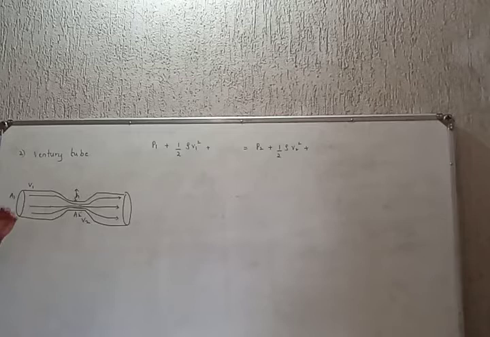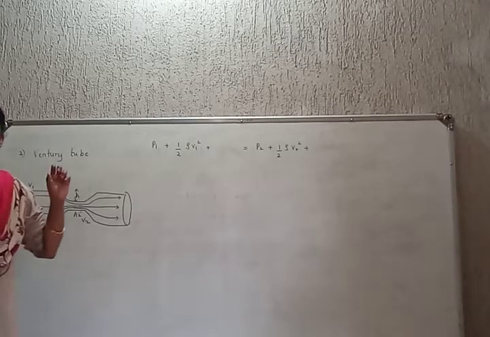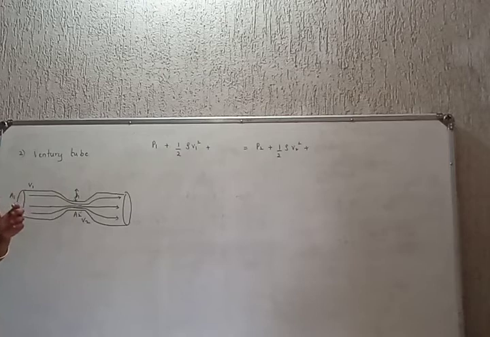V1 with the speed at the broad end, V2 with the speed at the narrower end, which is faster because the more congested the end, the particles are forcefully acted upon by more force, but the pressure is less. As per Bernoulli's principle, at the constricted end the pressure is less, at the broad end the pressure is more.